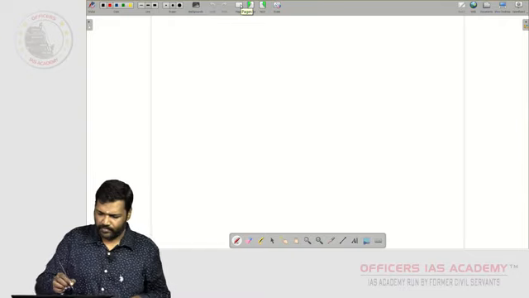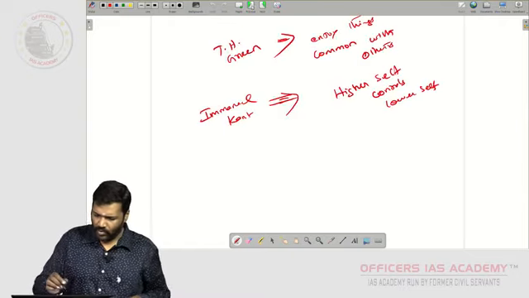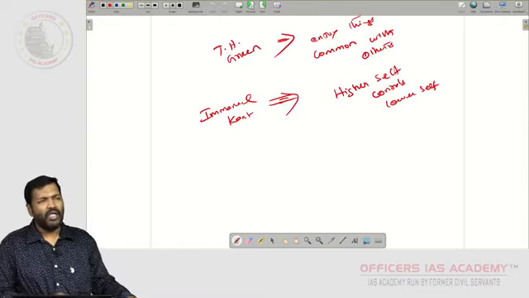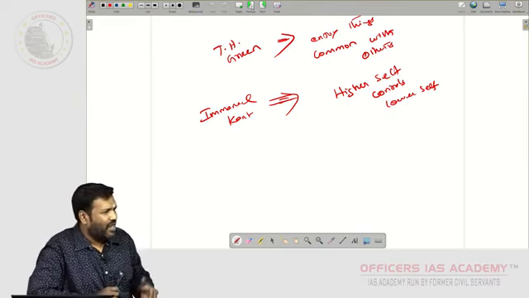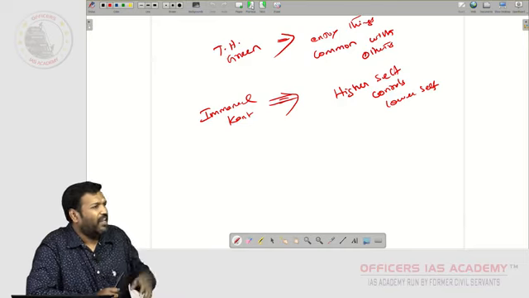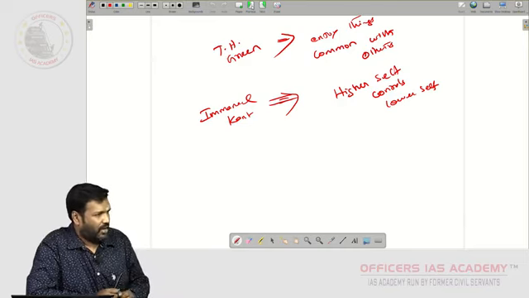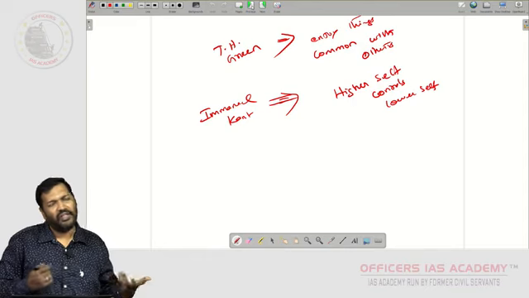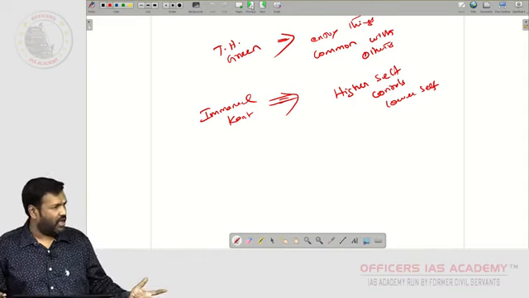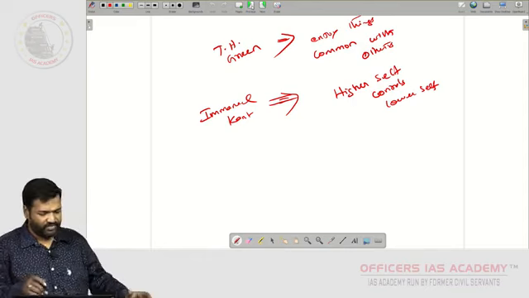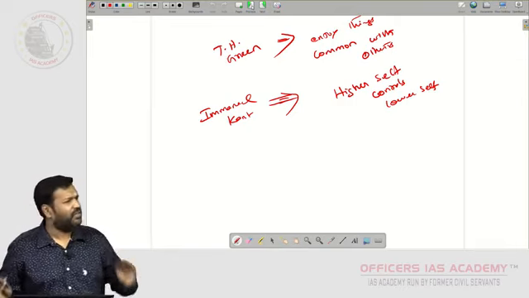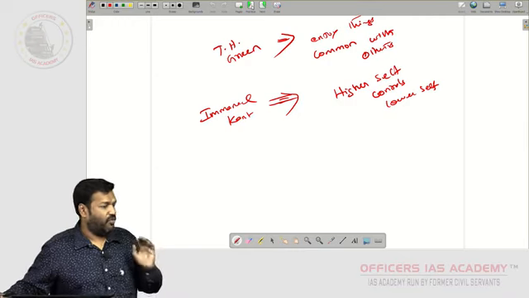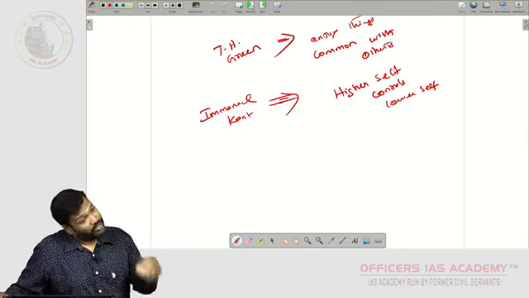Immanuel Kant. See, it's a very simple notion. Everyone will have their own feeling to help others. Okay, you probably are feeling that I am a human being, I have to help others. It's a higher self, says Immanuel Kant. At the same time, everyone will have self-interest. I have to live, everything should be for my family. Okay, that will also be there.